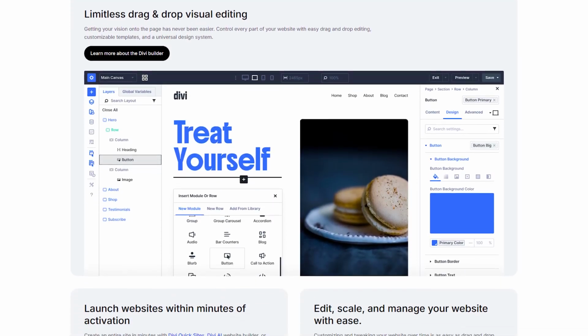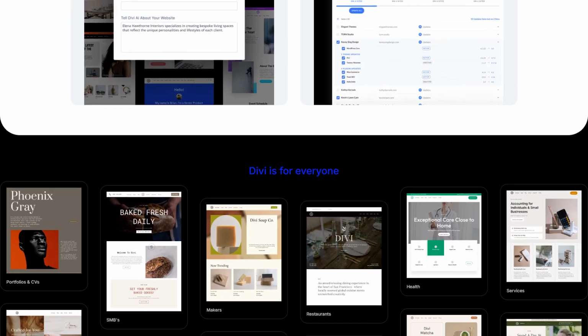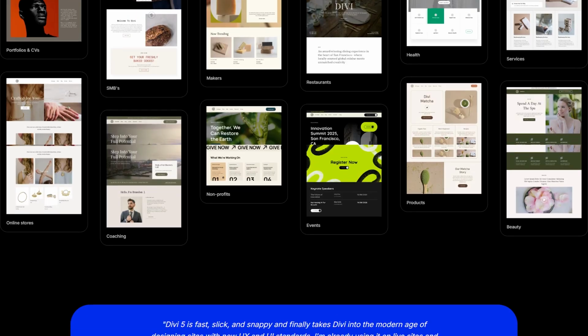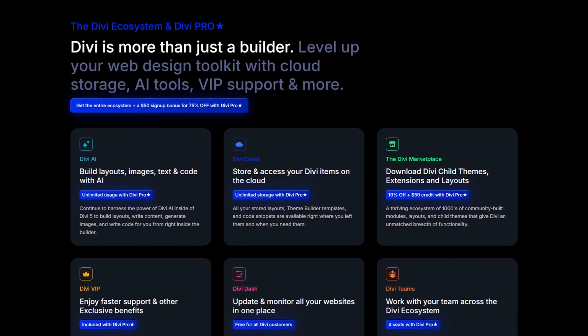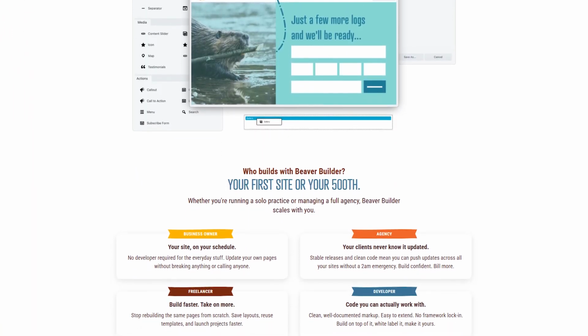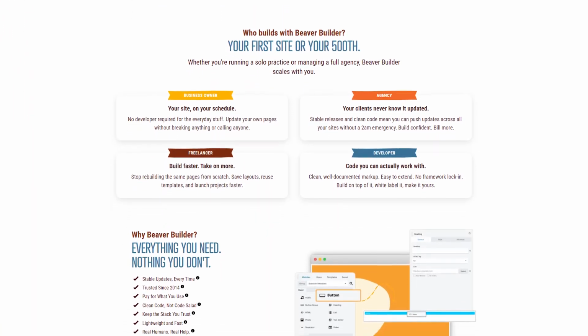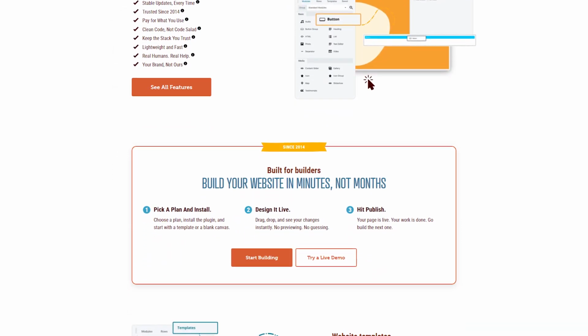Now let's talk about the user interface, because this is where the differences really show. Divi's builder is visual and right there on the front end. You're dragging, dropping, tweaking sliders, and it feels like you've got a full creative studio in front of you. It's exciting, but it can be overwhelming at first, especially with all the pop-ups and settings. Beaver Builder keeps it simple. You've got a side panel, you drag modules over, and it just feels uncluttered. That can be nice for beginners, but if you really want depth and creative control, Divi gives you far more